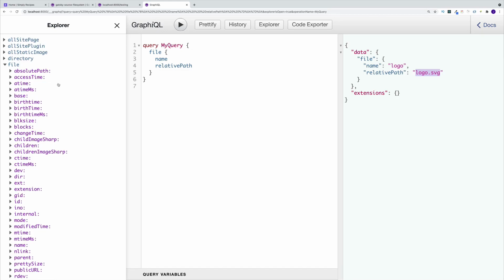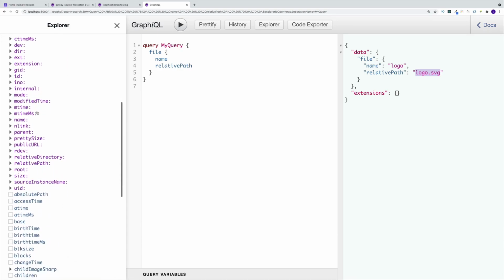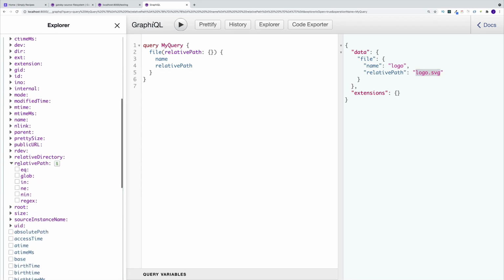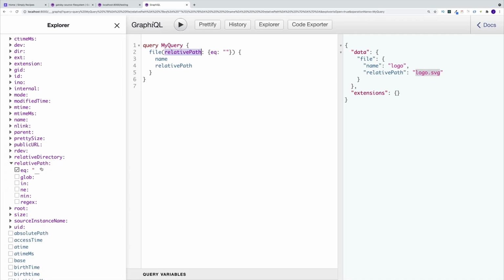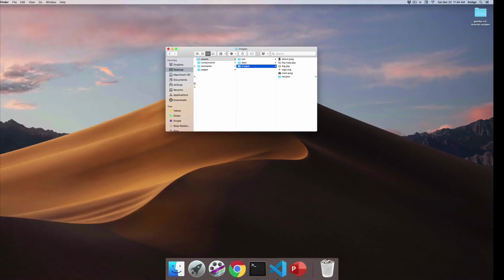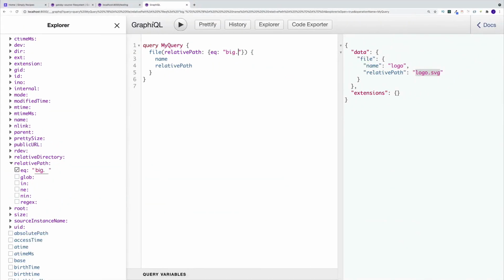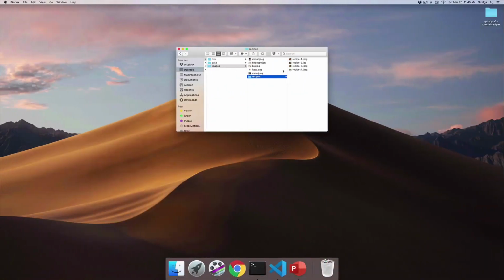Where essentially we say, yeah, get me that one file, but with the help of arguments, we specifically say which file we're actually looking for. And again, you can use any of them over here, but the one that I'll use is going to be relative path. And again, we have more options here, and I'm going to go with equal. And once I have this in place, I just need to provide the name of the image. For instance, if I'm looking for big JPEG, I go with big and then JPEG. And if I run it, of course, now I have